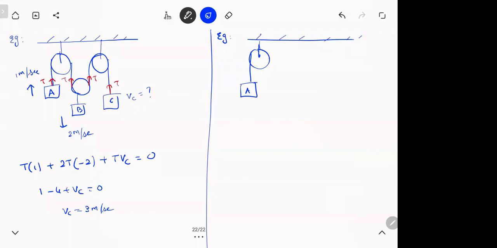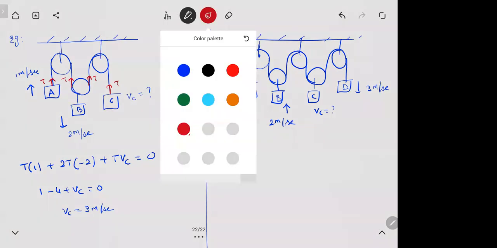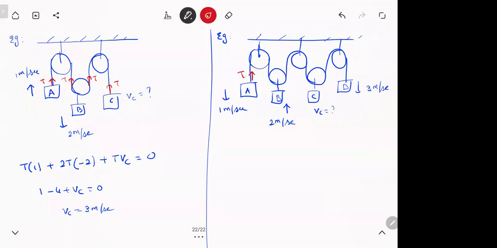A. Now if you have more blocks also. B, C, and D. Let's say D is going down with 3 meters per second. B is going up with 2 meters per second. A is going down with 1 meter per second. VC I want to find. Same story. FBD first. Strings always pull. Remember that? Tension, tension,